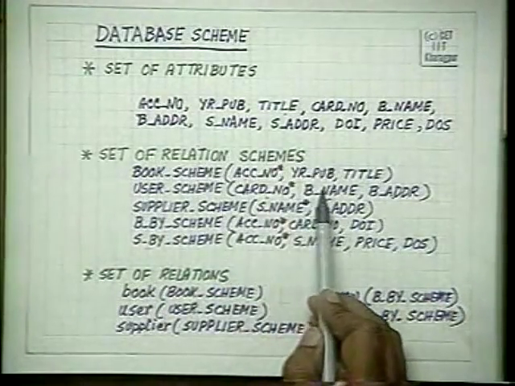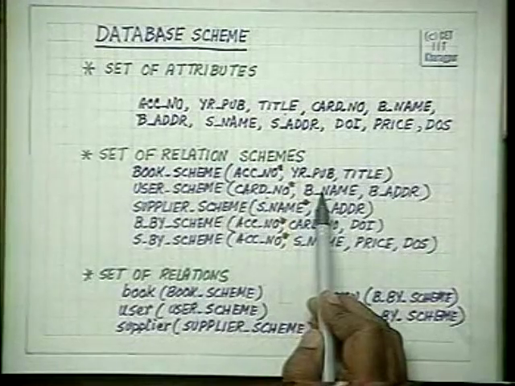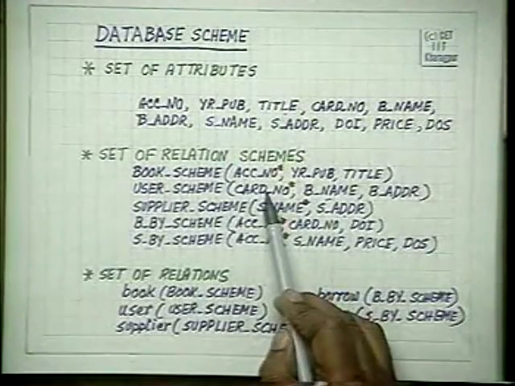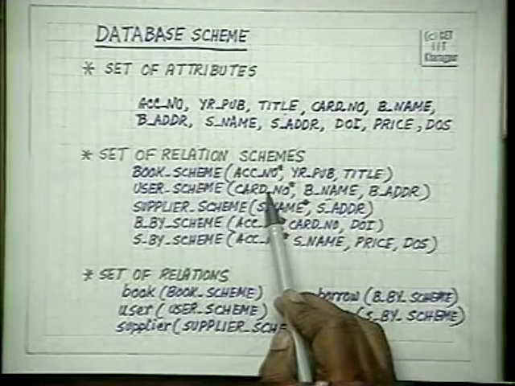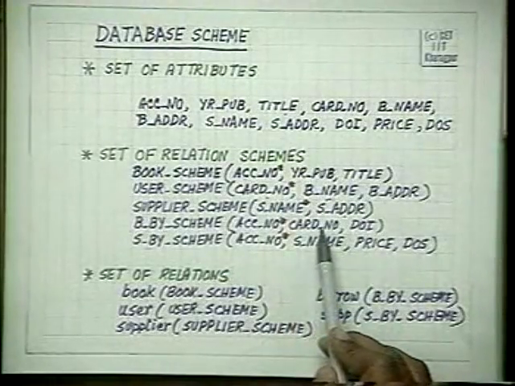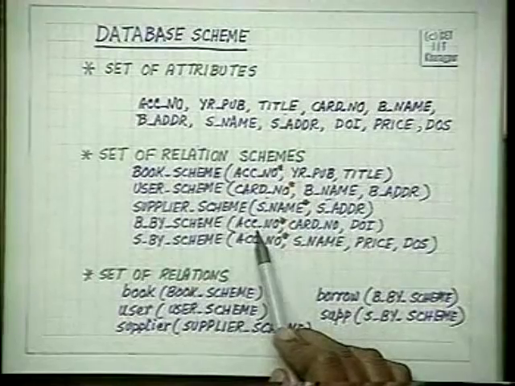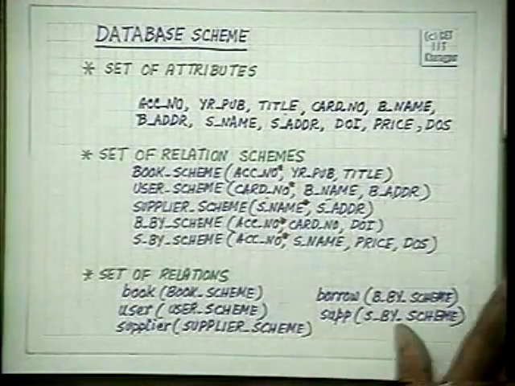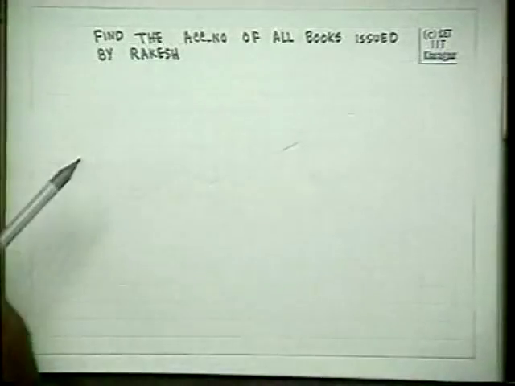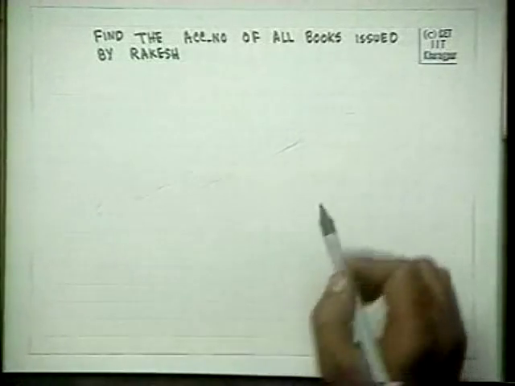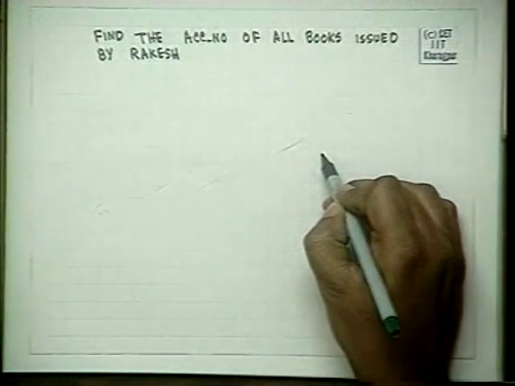From this person I have got this card, this name. I know the person's corresponding card number. Now for this card number I will find out all the books which have been issued. So the first thing that I will do is